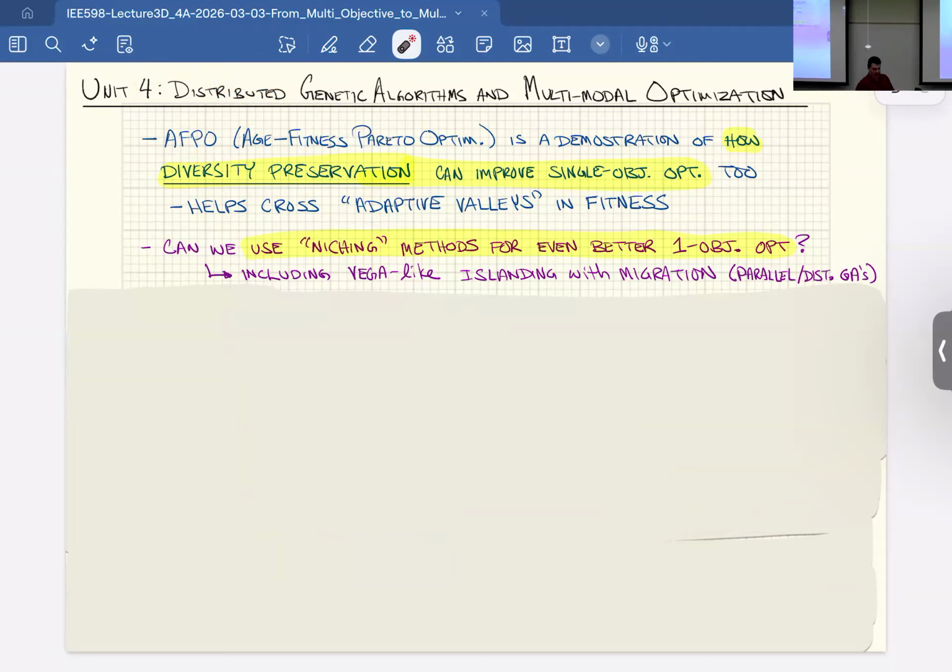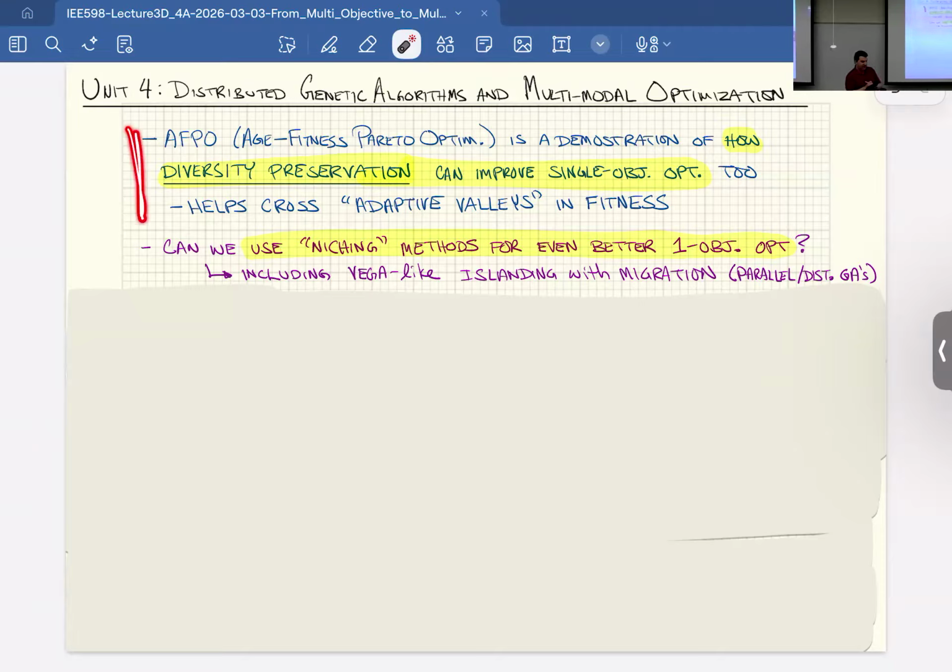And that's where we're going to be talking about multimodal optimization uses these diversity ideas, and then distributed and parallel genetic algorithms are going to use islanding ideas to bring us back into pure old single mode genetic algorithms that through the power of parallelization, you actually get more bang for the buck than you would get through just putting things in parallel. And so that's how we're going to close this unit. But let's start this unit with multimodal.